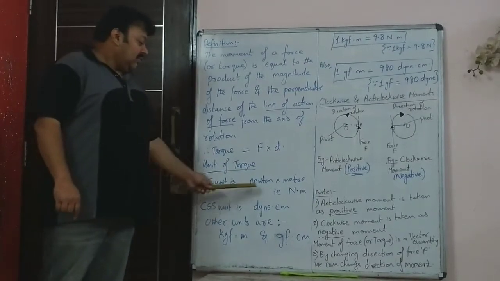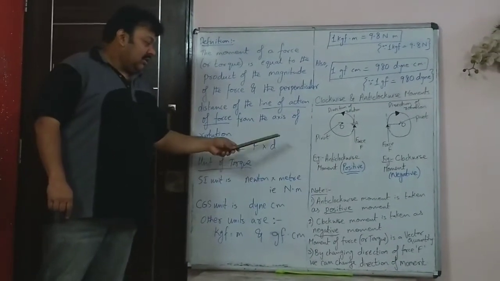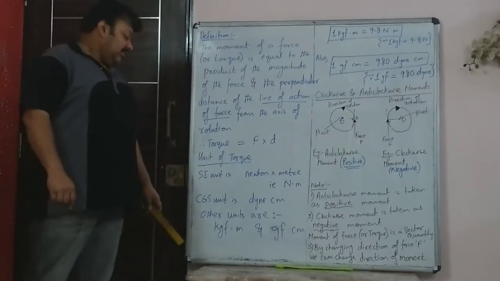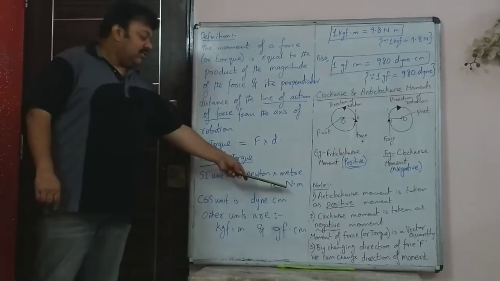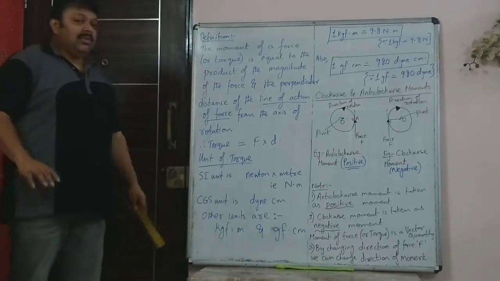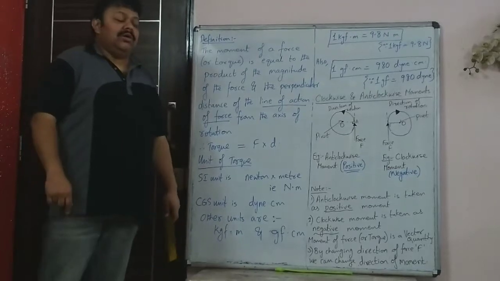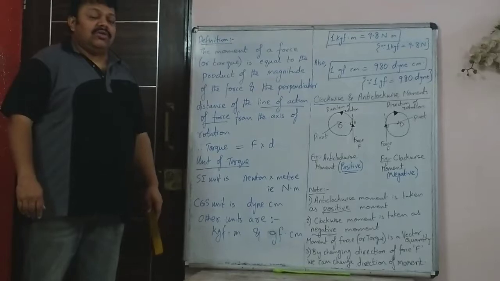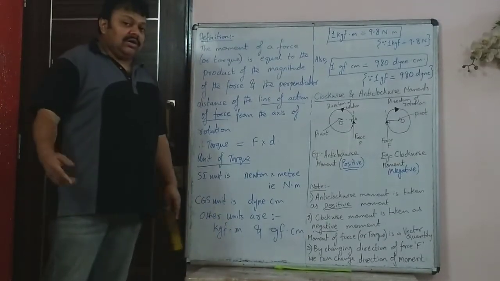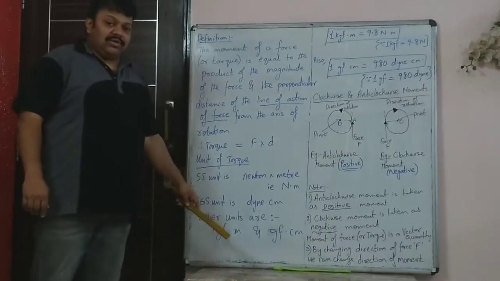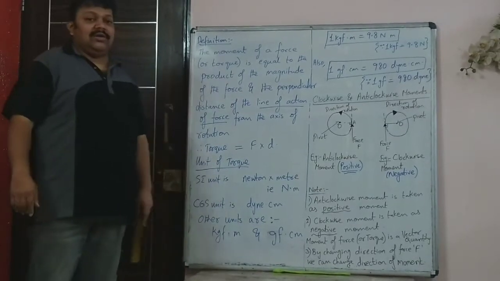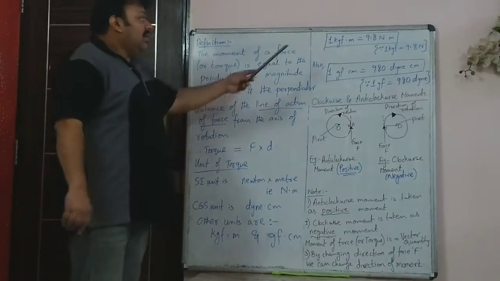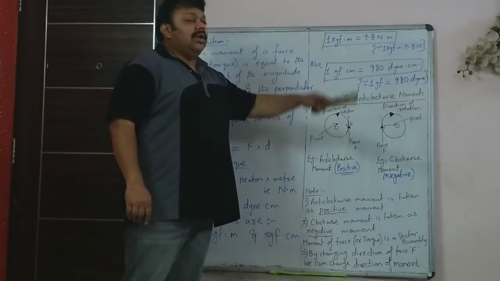So the unit of torque will be, force is Newton and distance or displacement is meter. So Newton into meter, that is the SI unit. So the CGS unit will be dyne into centimeter. Now you know that force can be measured, because Newton and dyne are absolute units. But there are gravitational units also for force. You had learned it in 9th standard. That is kilogram force, kgf, or gf, that is gram force. Now you have kilogram force and gram force. Now 1 kgf is 9.8 Newton.